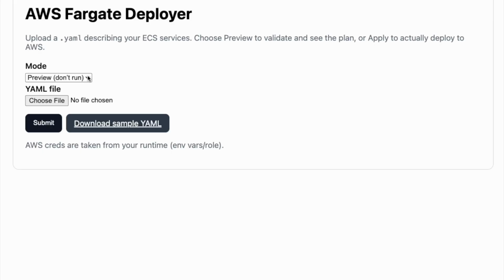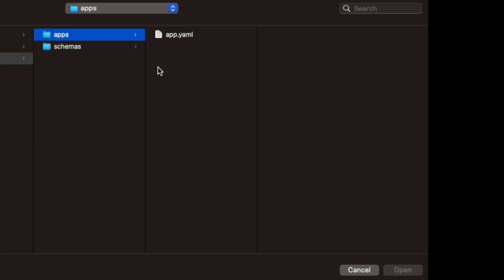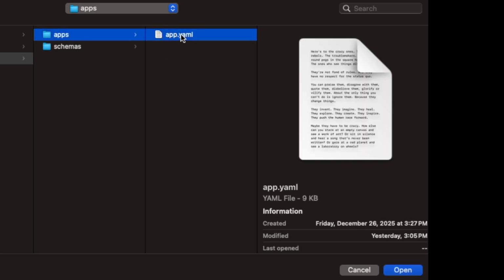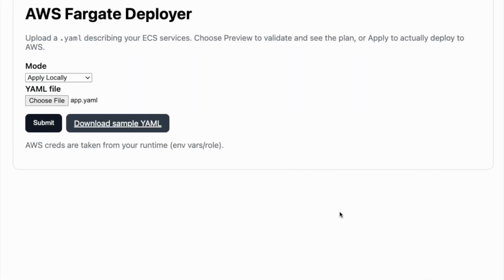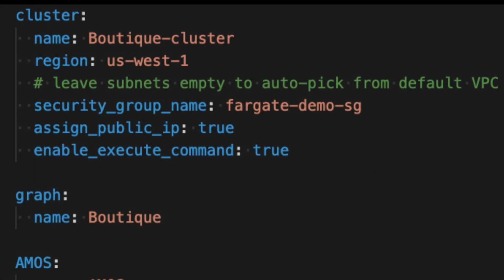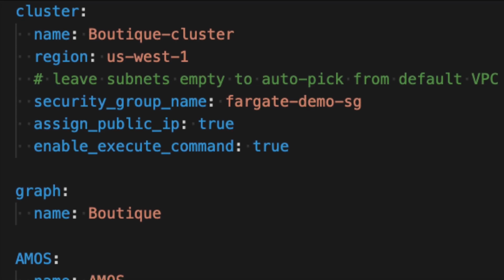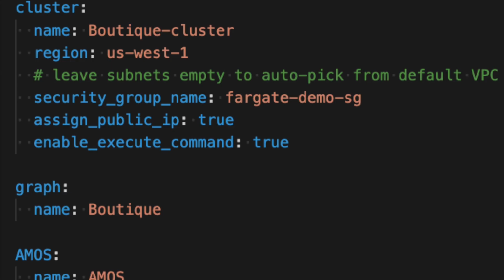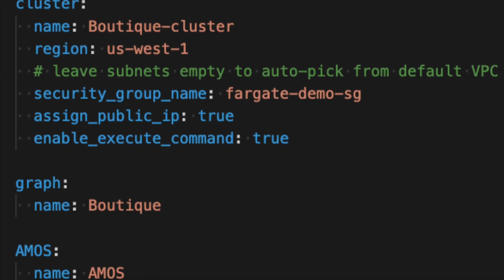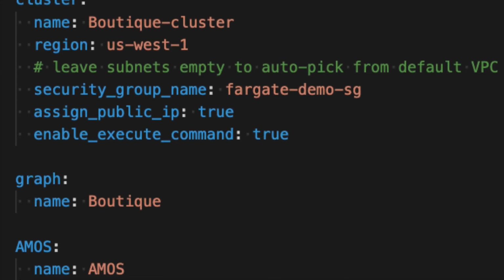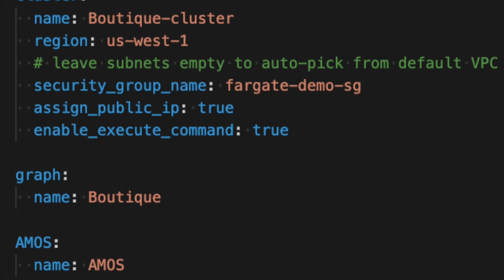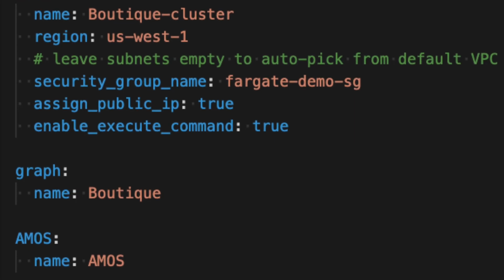Using the APM, we submit a deployment YAML file for the online boutique application. This YAML defines the Docker image for each service, the CPU and memory resources, the exposed ports and protocols, and the network each service joins. At the top of the file, we define the target execution environment, the cluster name, region, and security settings. This is what allows AMOS to deploy the application consistently into a real distributed runtime, without hard-coding infrastructure decisions into